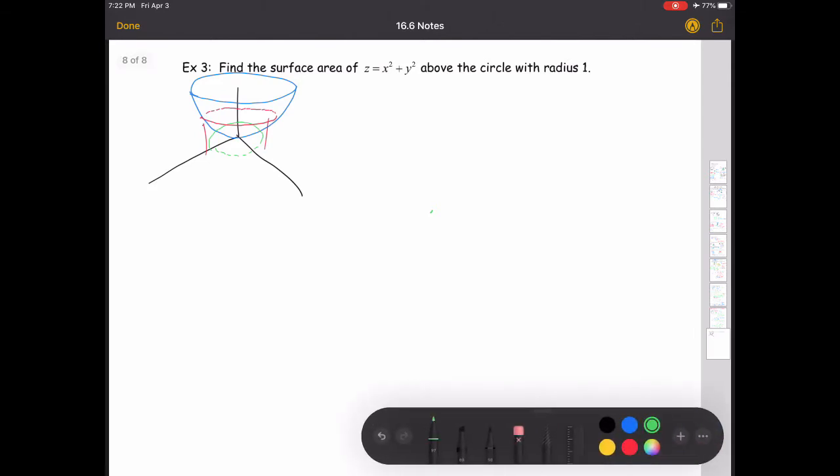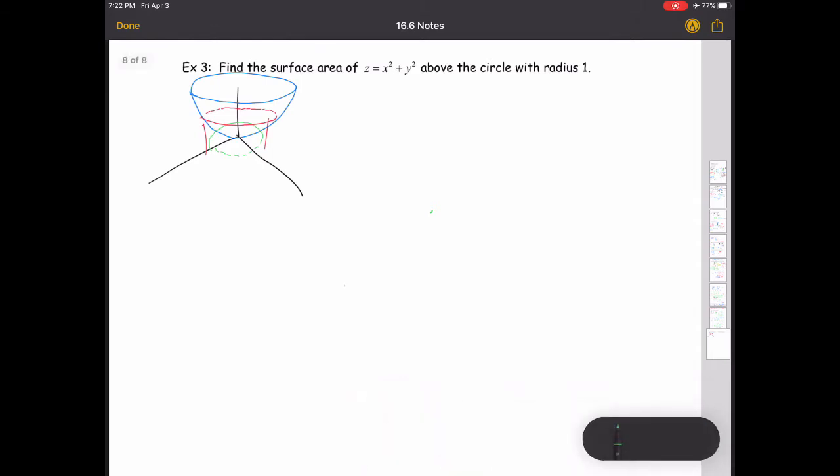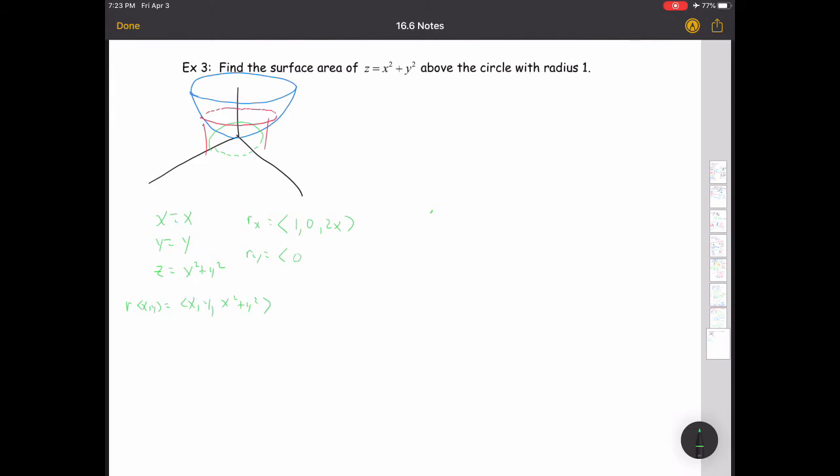So if we were to try this as the trivial parameterization, which we could certainly try, that would be x equals x, y equals y, and z would be x squared plus y squared. Well, that means r of x and y would be x, y, x squared plus y squared. So r sub x is going to be 1, 0, 2x. R sub y is going to be 0, 1,